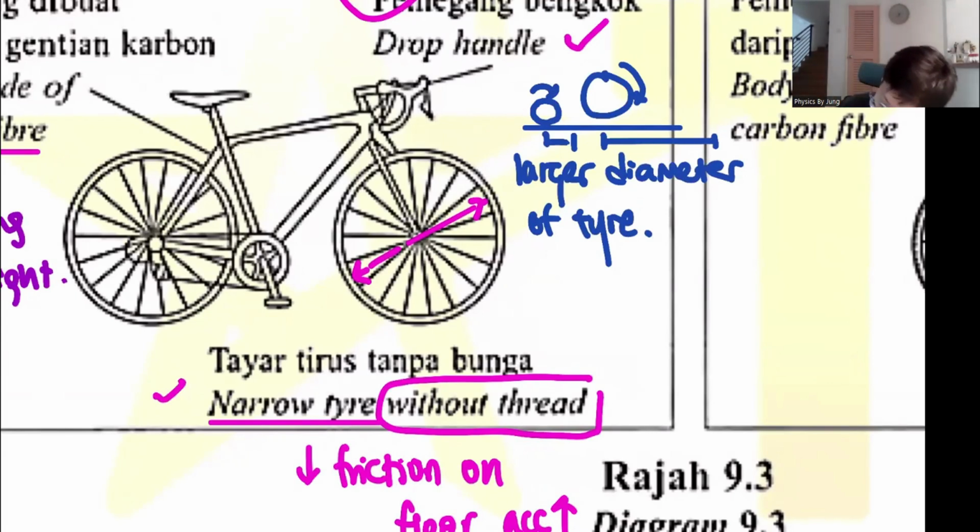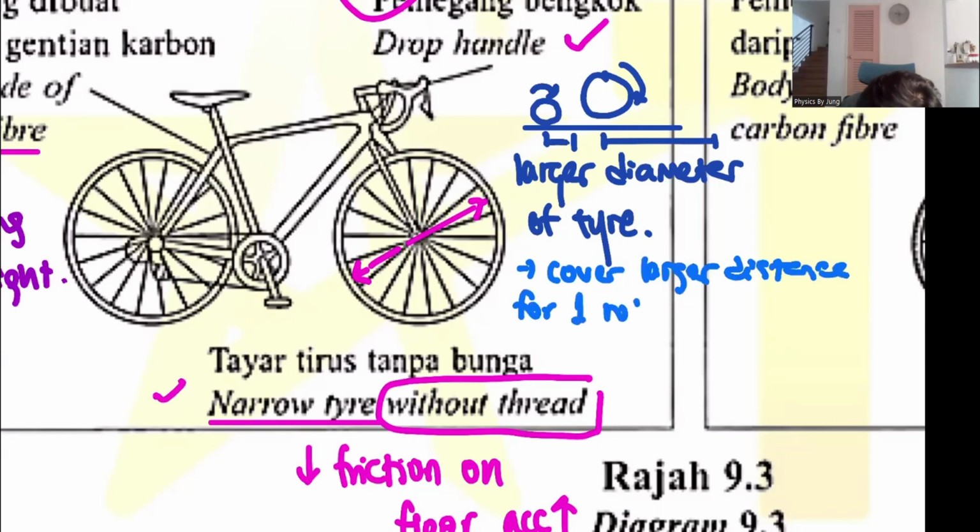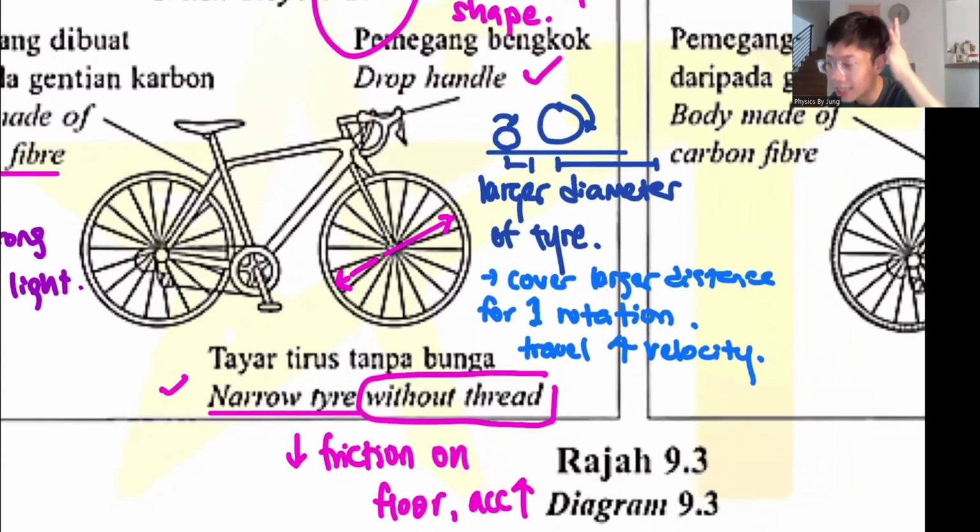Well done. Okay. So in this case, a larger diameter of tire so that you can actually cover larger distance for one rotation. Or you can say for each rotation. So therefore, it will be able to travel faster. Technically, you can say travel at a higher velocity. Let's say today you go to your dad's car or your mom's car, you take the tire out, you change to a bigger tire, let's say 19-inch to 20-inch. Automatically, the top speed of the car will increase. Okay, so make sure you know this thing.